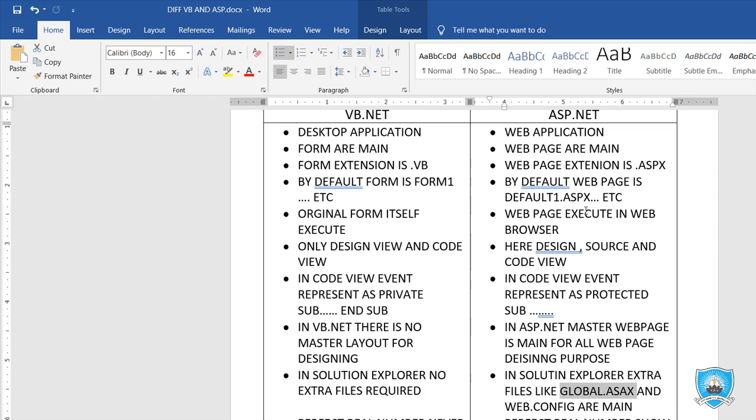Whenever we explore or browse some website like IRCTC or some flight booking or some financial transaction where OTP is there, that particular web page is available for 20 seconds or 30 seconds. If we do not move our mouse and do not give any response to that web page or website, it will disconnect and show session timeout. This message will come and we need to log in again. That is managed by global.asax.